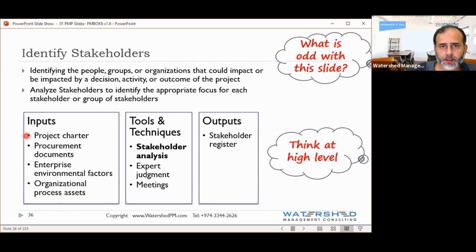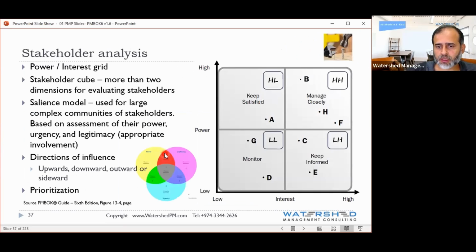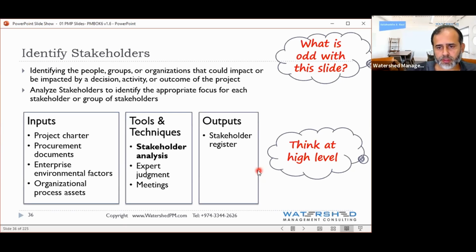If not, you can always do some meetings. You can always use expert judgment. Now, stakeholder analysis is the next slide, which is the slide here. So I will explain the stakeholder analysis after the break. But before we go on a break,